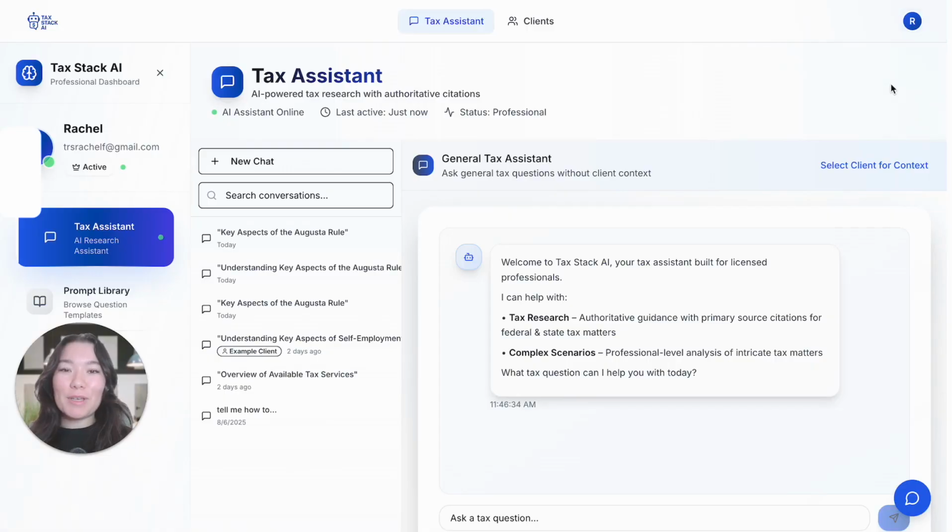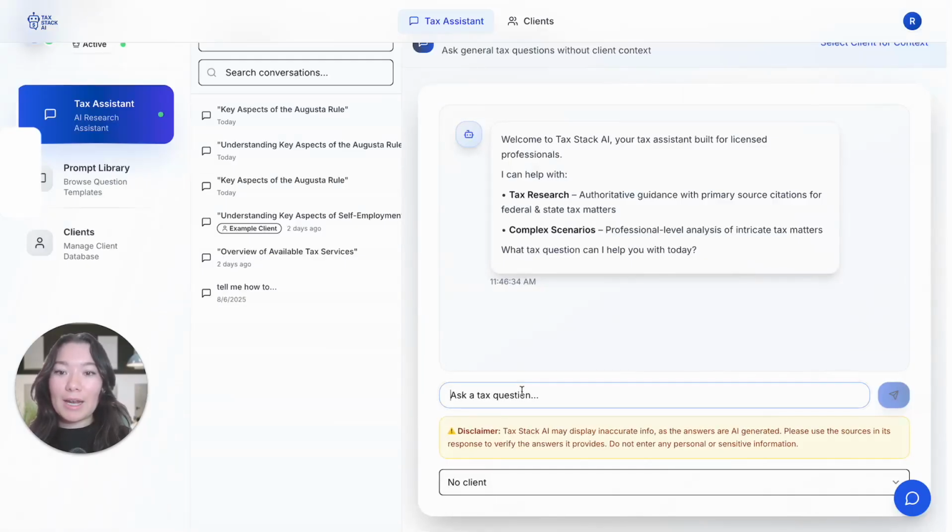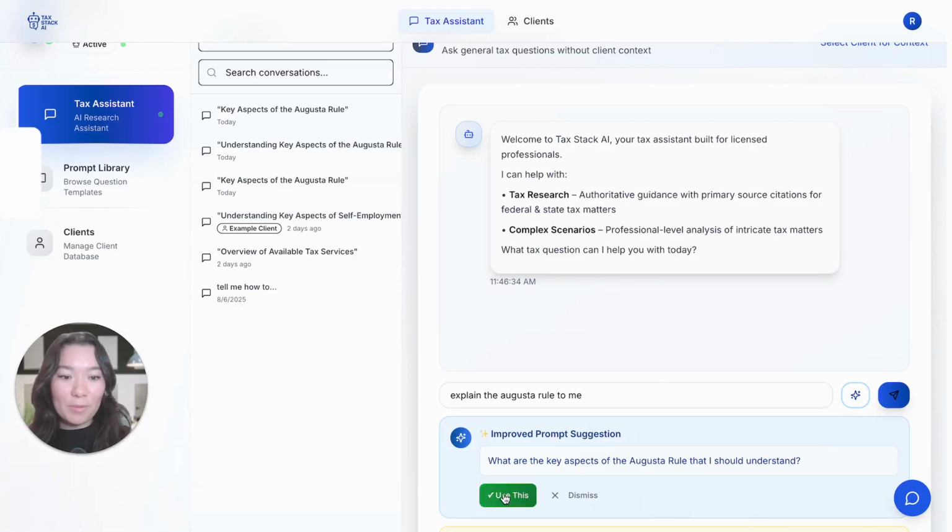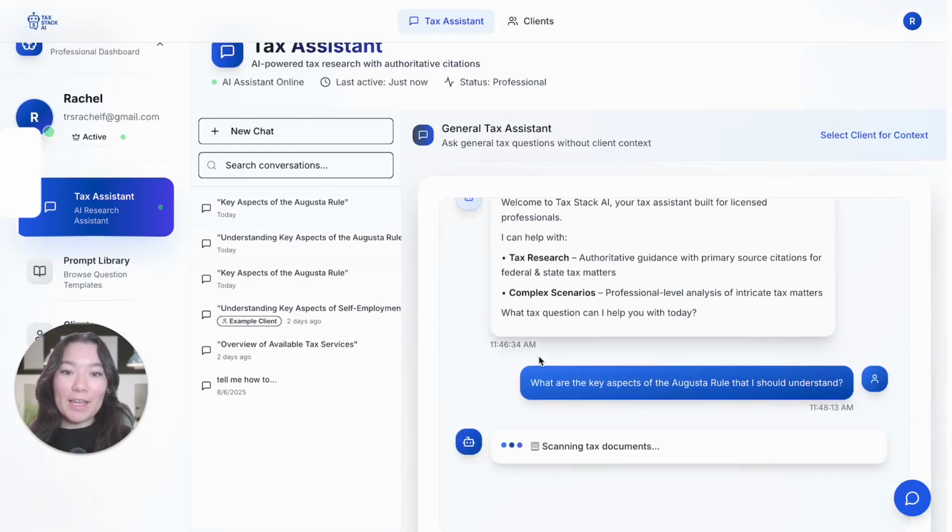Once you're logged in, you'll be able to see this dashboard where you can access our tax assistant and our client management and document analysis tool. For our tax assistant, you can either use the general tax assistant or you can search within a client for the context. Let's say I want to use the general tax assistant. I'll start a new chat here and I can type in a question like, explain the Augusta rule to me. From here, you can send off the question directly or you can use our improved prompt tool to get a better question for AI. We can use this prompt right here and send it off and the AI will start